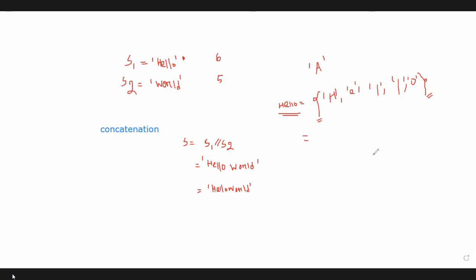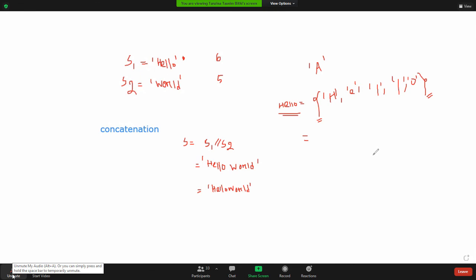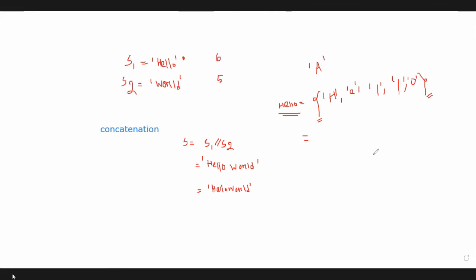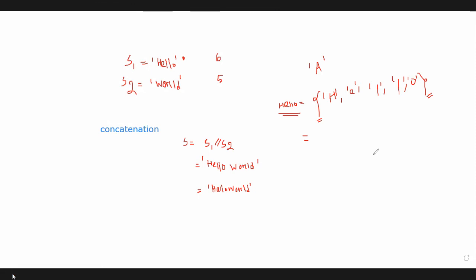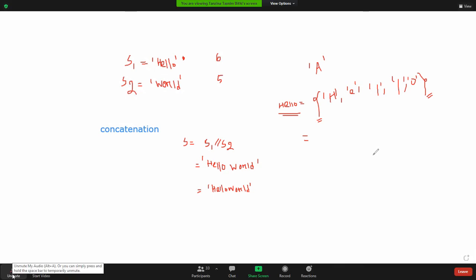Using an array. String is also an array. You don't need to get confused. A string is an array, but what type of array is it? Character type array.